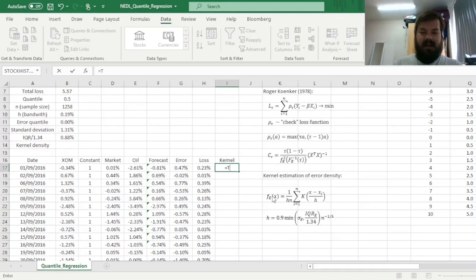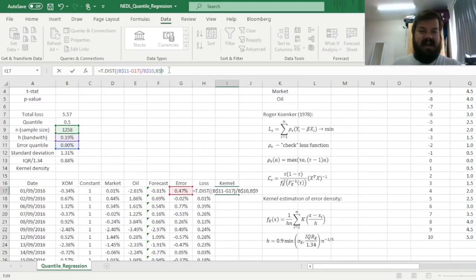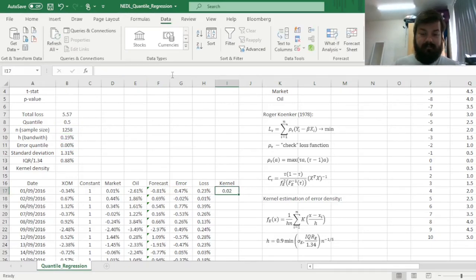So here, let's apply the t-distribution, inputting x scaled by the bandwidth. So we just get our x variable we are interested in estimating the density at, which is basically 0, and we lock the row here. Subtract the current value of ith, divide it or scale it by the bandwidth we have just calculated, by h, and we'll lock the row here as well. Then, for degrees of freedom, we input the sample size minus the number of linear restrictions, which is the number of coefficients, which is 3. And then we need to specify that we're interested in density estimation and not in cumulative probability distribution, so we input 0 or false. And then we can bottom-left click it all the way down and calculate our kernel density,